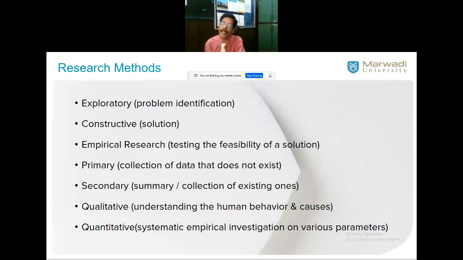Third, empirical research. Empirical research is used majorly by the humanities and management people, to test the feasibility of a solution. We have a null hypothesis. We have another hypothesis. What we arrive at, we compare both, and we try to identify which interval we are having. So the null hypothesis is some assumption, right or wrong, we do not know. With that we proceed, we arrive at another hypothesis which is actual or experimental. We compare both and we do that.